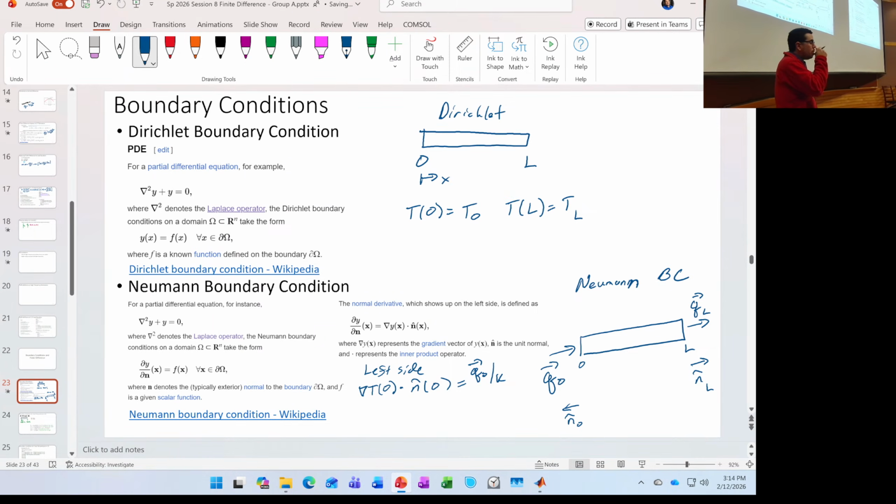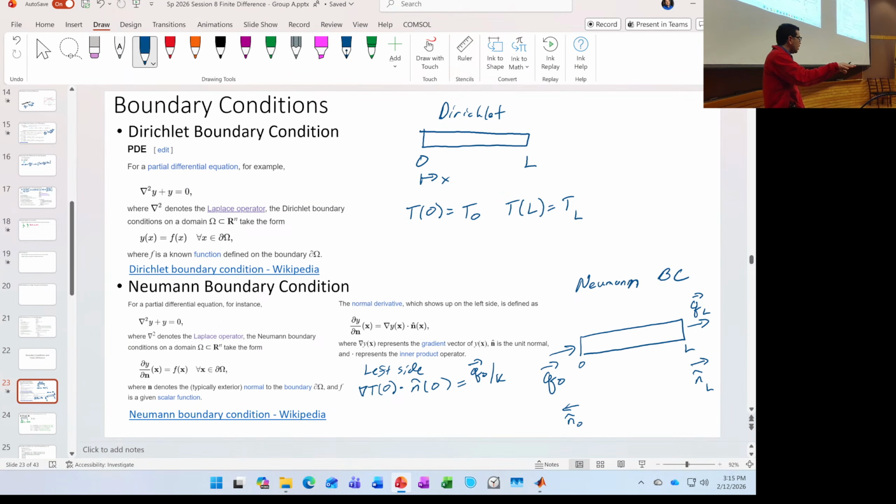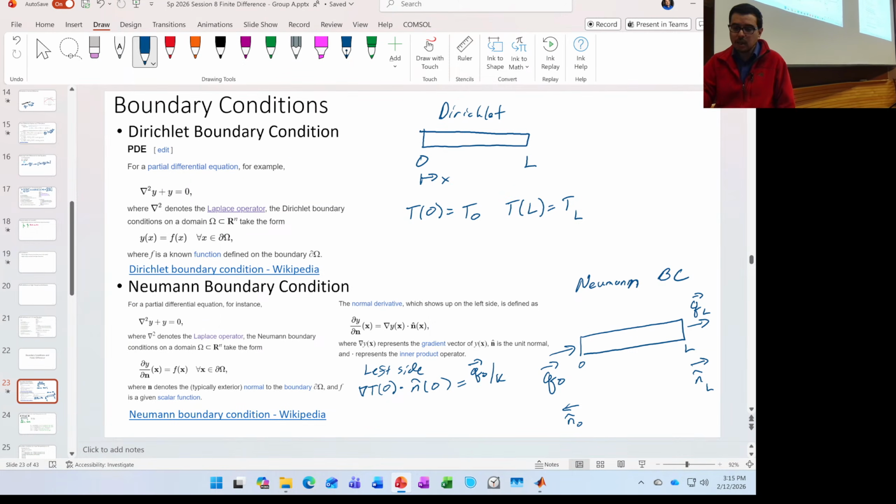So, maybe you've got like a stove on one side of this bar that's electrically powered. Okay, so you got some coils. And so that flux can be given by whatever the Q, so like, you know, electrical power is equal to current times voltage, I wanted to say velocity. P equals IV, right? So you could divide that by K, and that's the heat flux coming into that side of the bar. Okay? And the same thing for the right side.